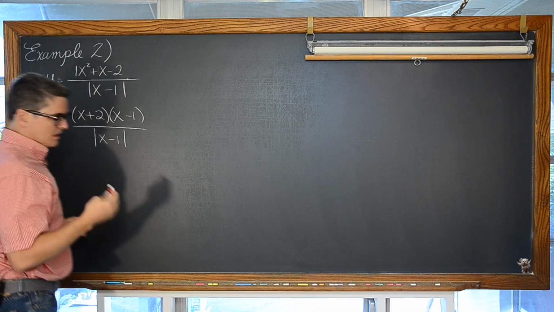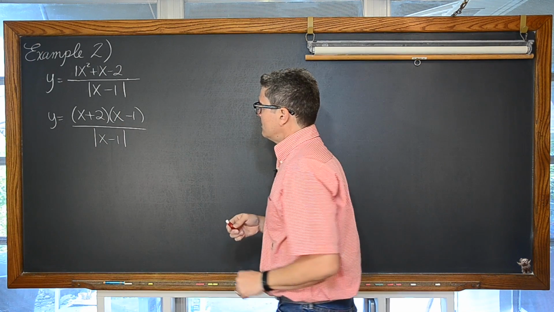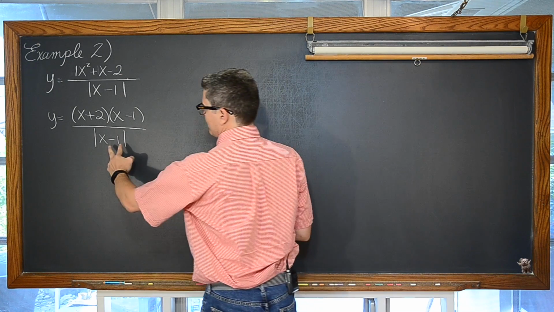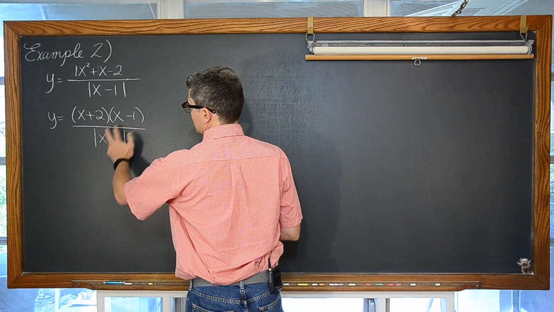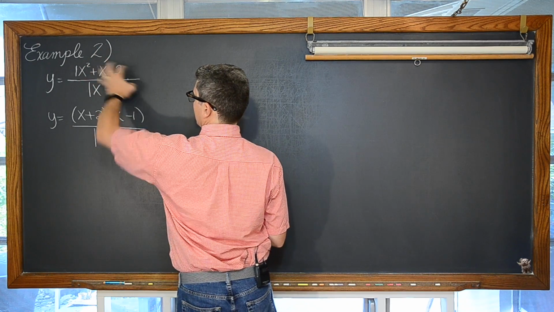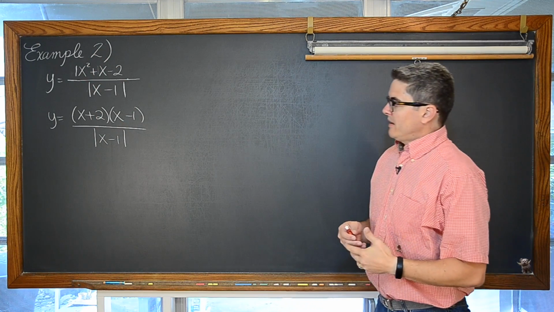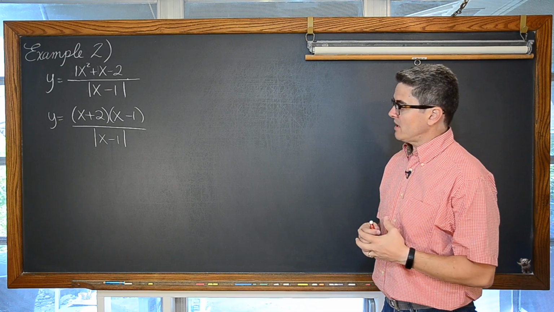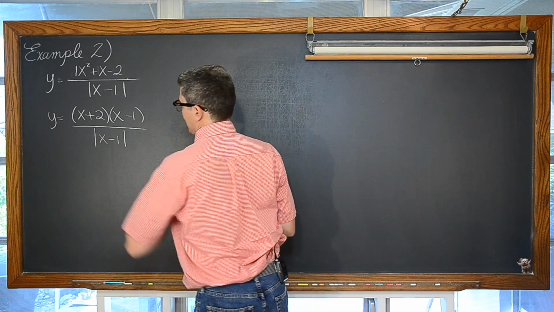Again, talking about graphing rational functions, if we can get this x minus 1 to cancel out, we can get what looked like a really complicated problem, and it might just end up graphing very similar to a line or pieces of lines, but we do have to deal with this absolute value sign.